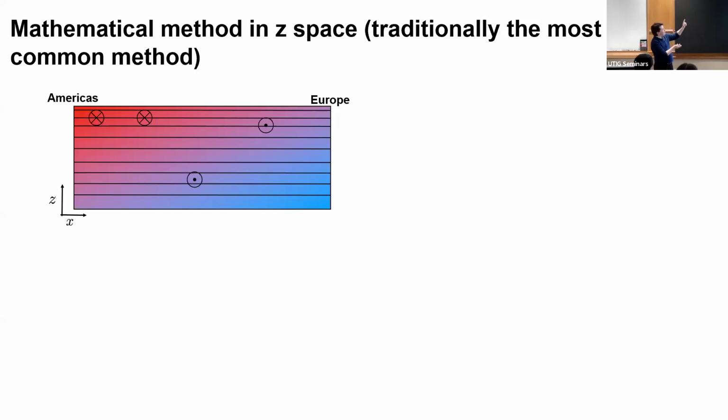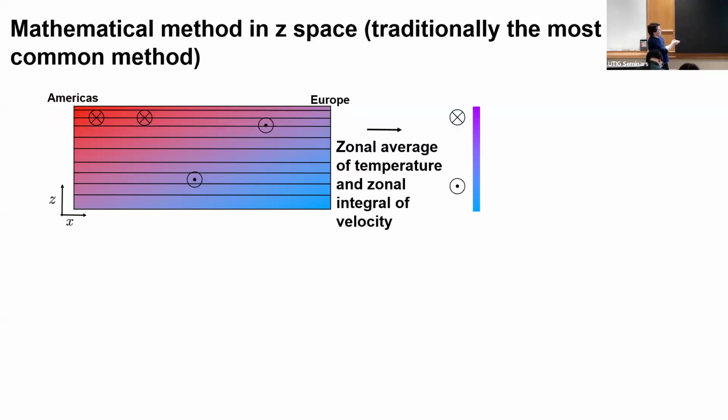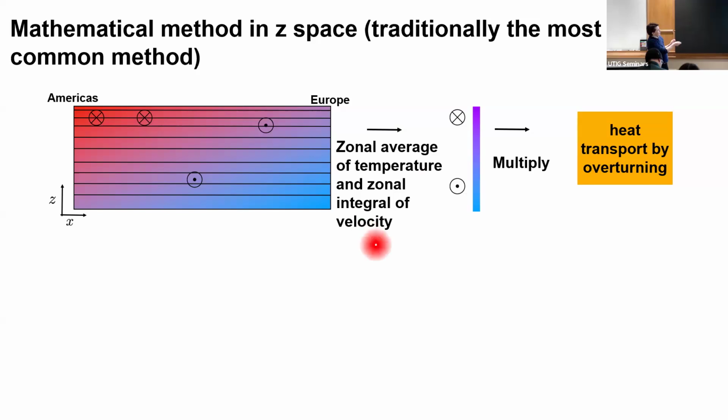The most common method that people have used very much in the past is what I am now calling the mathematical method in Z-space. It's a method for estimating the heat transport by the overturning. So if these are the Americas, this is Europe, and this is depth, we're going to integrate the velocity and the temperature at each depth level. We're going to have a profile of velocity and a profile of temperature, multiply them together, and say, okay, that's the heat transport